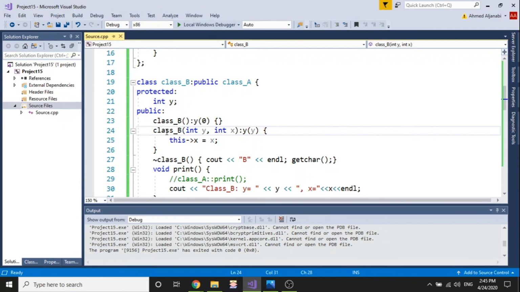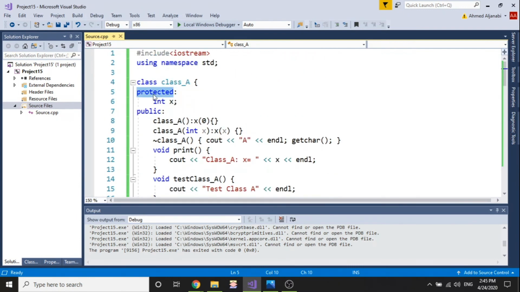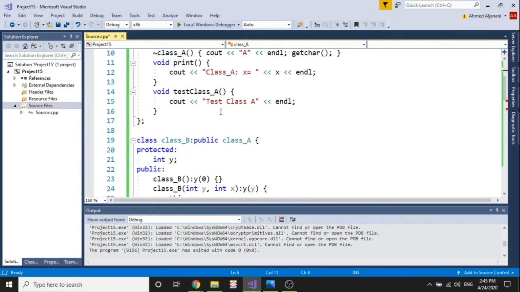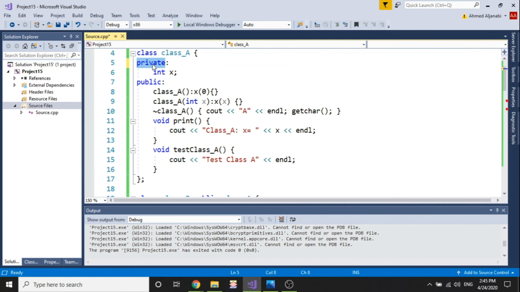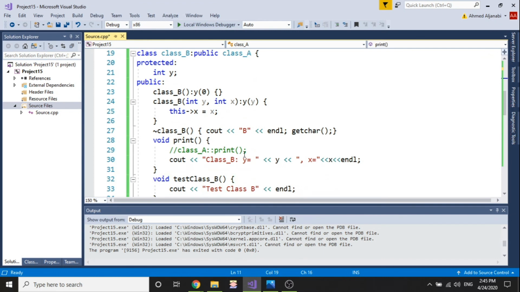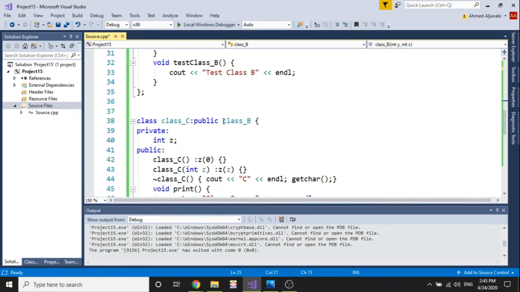At the same time, let me just show you. If I come here and change this to be public, private, we will get an error here. You don't have access to it. So this is why protected. You have to have it as protected if you want to manipulate that variable inside your function. Okay, so